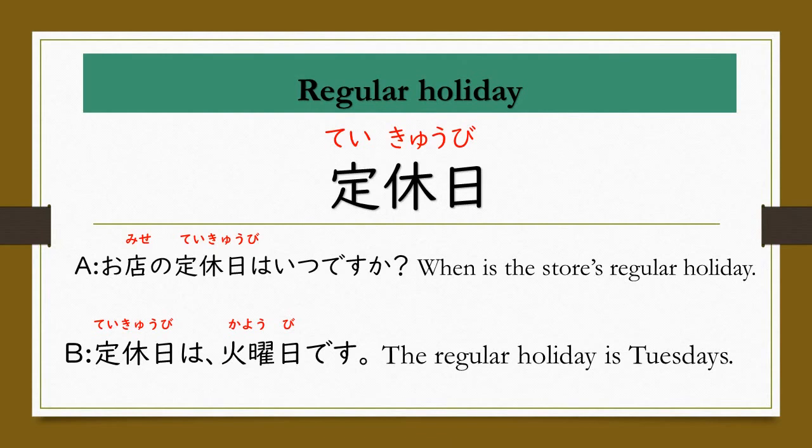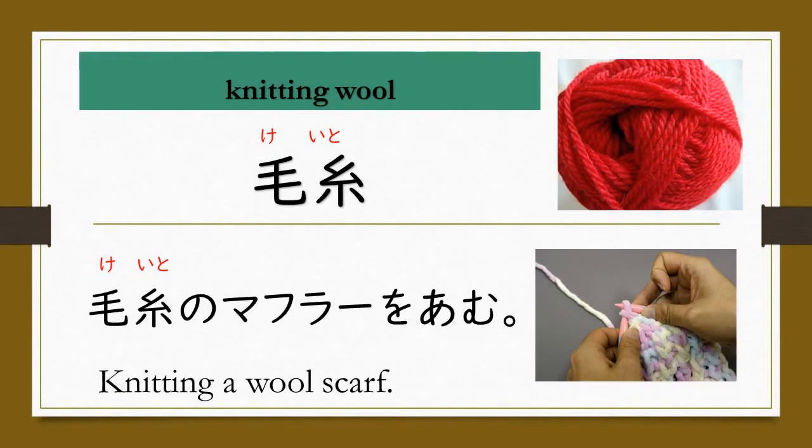Next, regular holidays. This is for a store or some business. 定休日。Example, this is the conversation between A and B. A said, お店の定休日はいつですか? When is, いつですか? The store's regular holiday, お店の定休日。お店の定休日はいつですか? B said, 定休日は火曜日です。The regular holiday, 定休日は Tuesdays, 火曜日です。